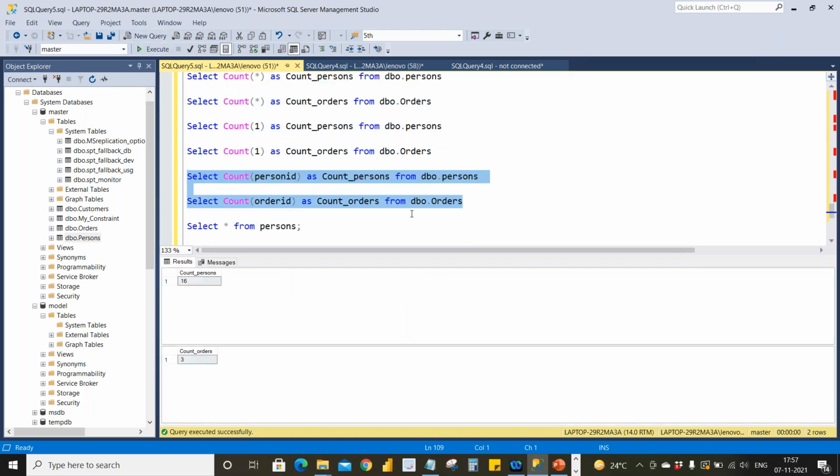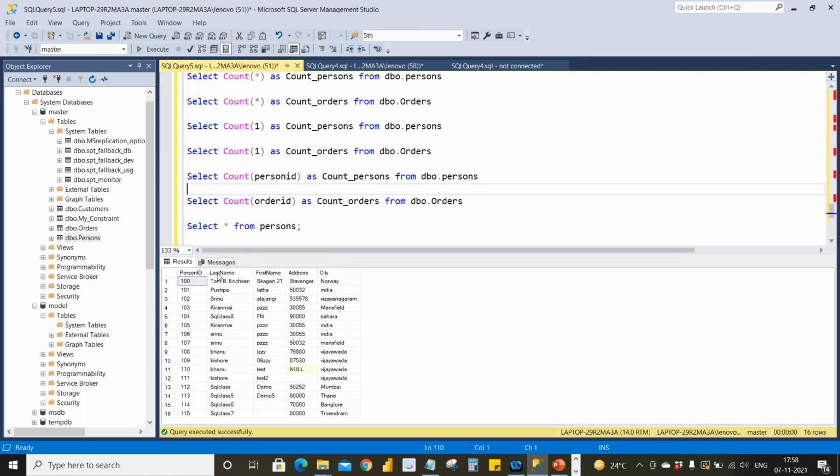Okay. Now what I want to do is, in the persons table, I want to get the count of the last name, okay?